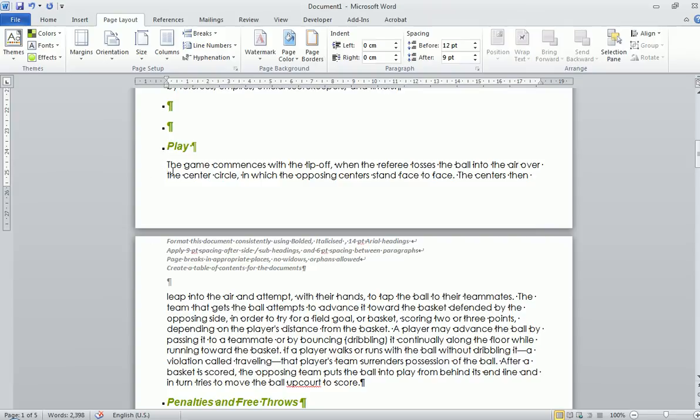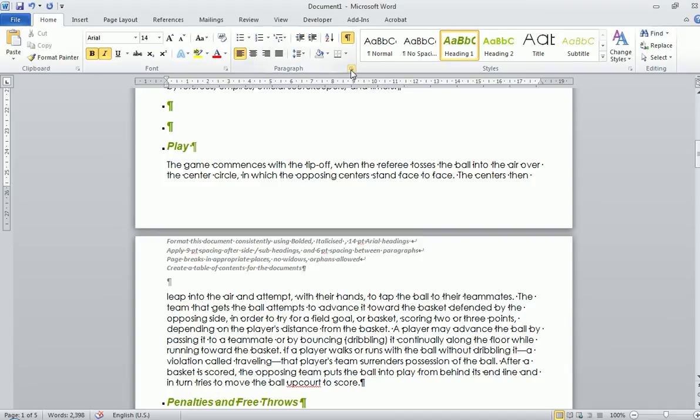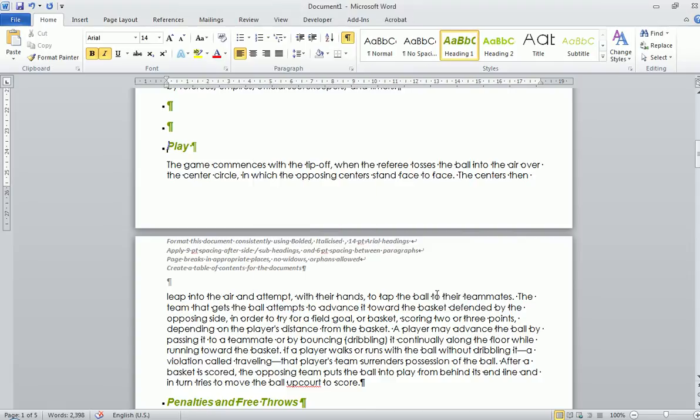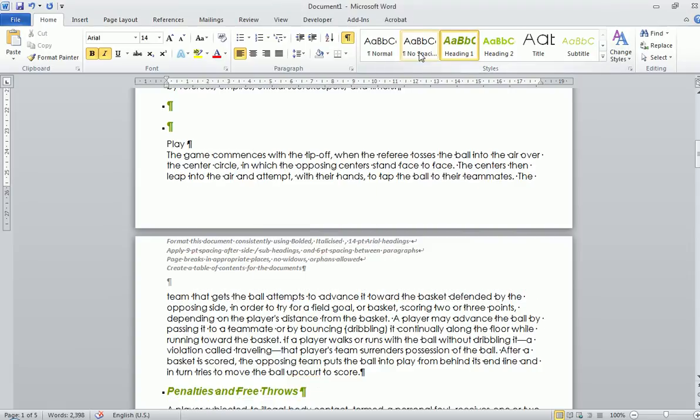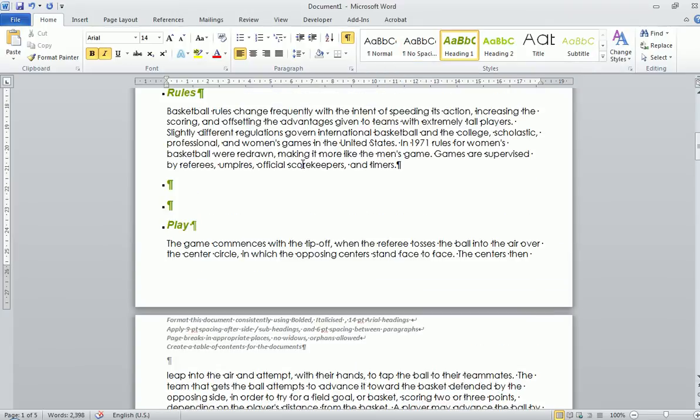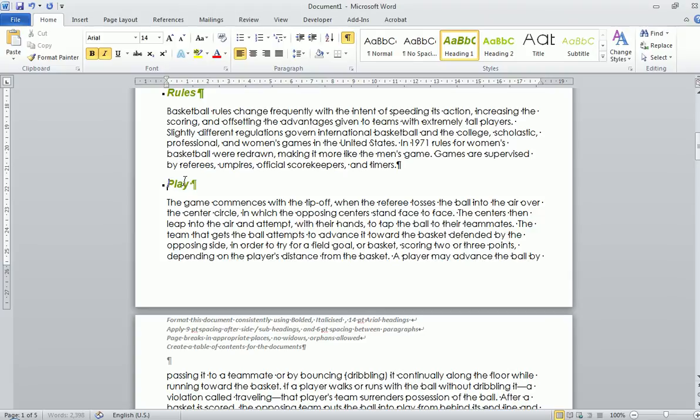And these are simple options called pagination. You can find those by selecting the paragraph tool, and under line and page breaks you can see it's got widow orphan control. Because we've used styles, these are set automatically. If you don't use styles, you need to be very careful to ensure that you don't have lines all by themselves. You must have at least 2 lines. So, taking those options off, some other things that we can find quite useful